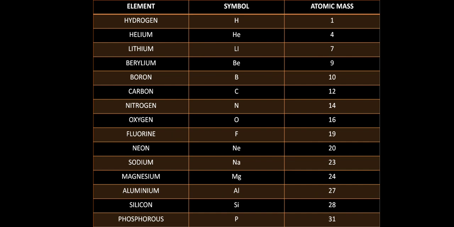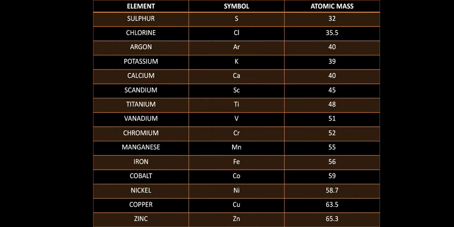So if I go for the elements, hydrogen is 1, helium is 4, lithium is 7, beryllium is 9, boron is 10, carbon is 12, nitrogen is 14, oxygen is 16, fluorine is 19, neon is 20, sodium is 23, magnesium is 24, aluminium is 27, silicon is 28, phosphorus is 31,